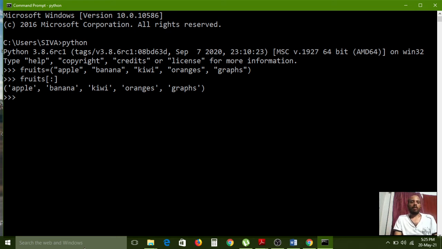If you want to print all fruits from the tuple, just use the slicing operator. And this process I have already completed with the list also. Slicing operator usage I already explained with the list. So like that, tuples can also be accessed the same way, but instead of list, here we use tuples. Okay, now